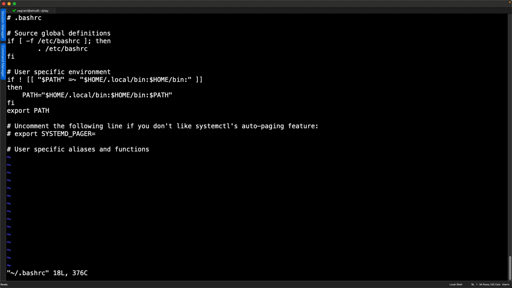Uppercase G moves to the end of the file, lowercase o inserts a new line, and I can then go through and set my umask just as we do on the command line. So I'm going to set it to 027, escape, colon, and x to save and exit.